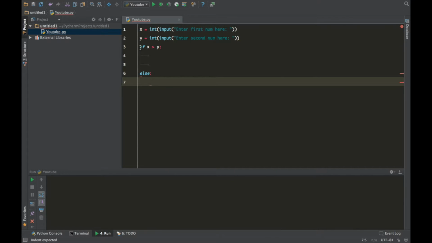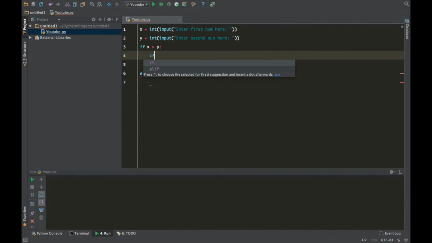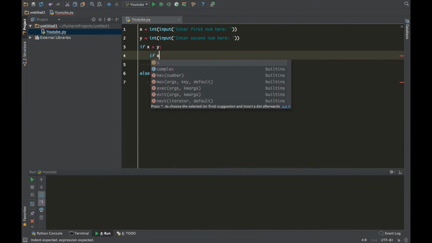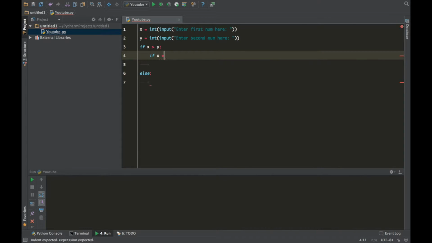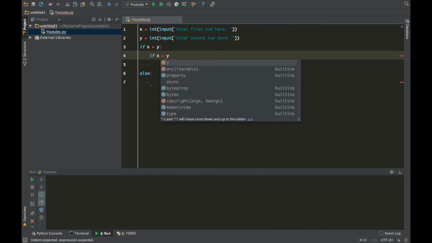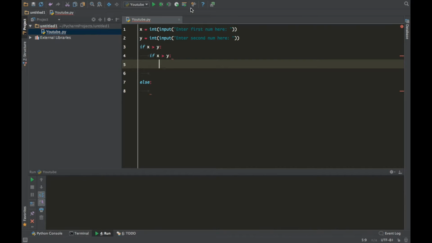So let's first start with the first code right here. We explained before that if x is greater than y, something will happen. Well, you can choose what that something is. So what you can basically do is this. You can type if x is greater than y, do something. Just go along with me and type these things, and I'm going to explain everything for you. So after this if statement, you can type print,